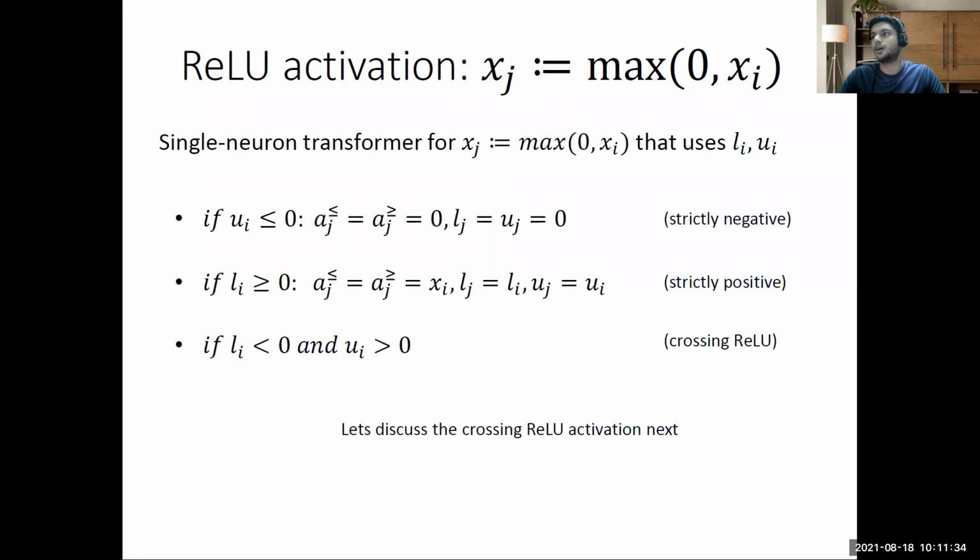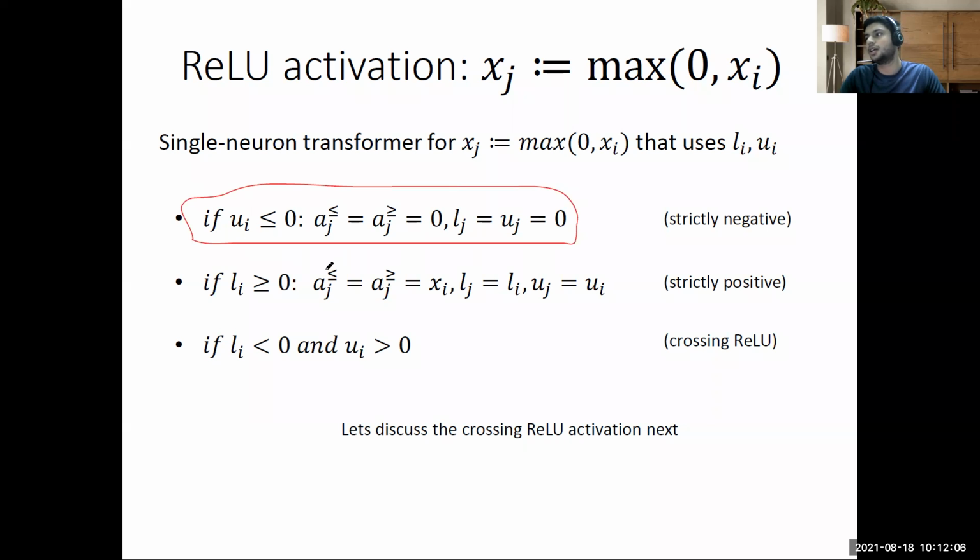And once you get an idea about the transformation for activation functions, you will be more used to DeepPoly. As we have seen previously, even in the case of the MILP formulations or Zonotope, we had 3 conditions for ReLU transformation. One is strictly negative, one is strictly positive, and the other one was crossing ReLU. We have discussed it many times. When the upper bound is less than 0, then we make everything 0, because there is no possibility that the values of that neuron will be greater than 0. So we make everything 0 here.